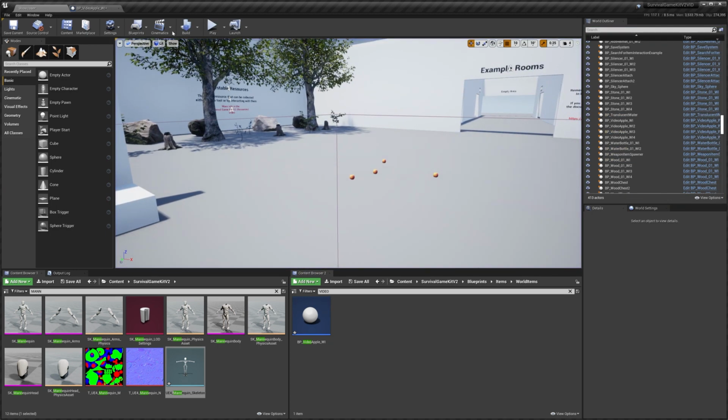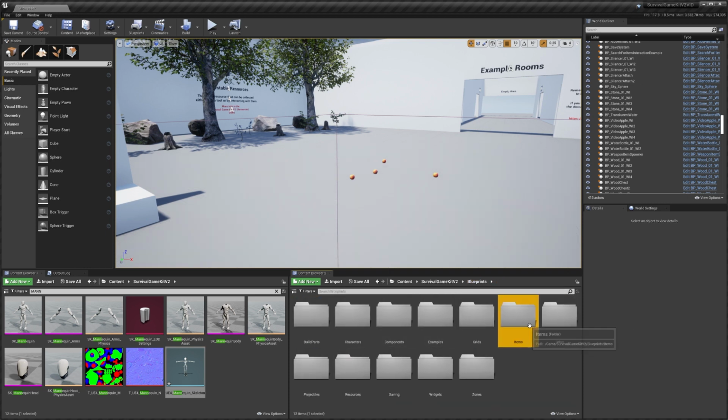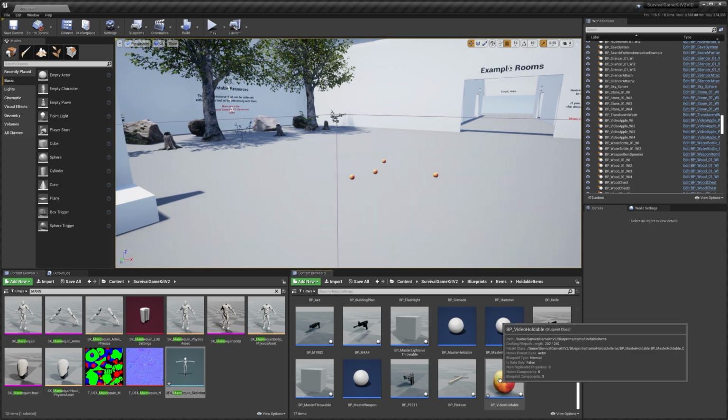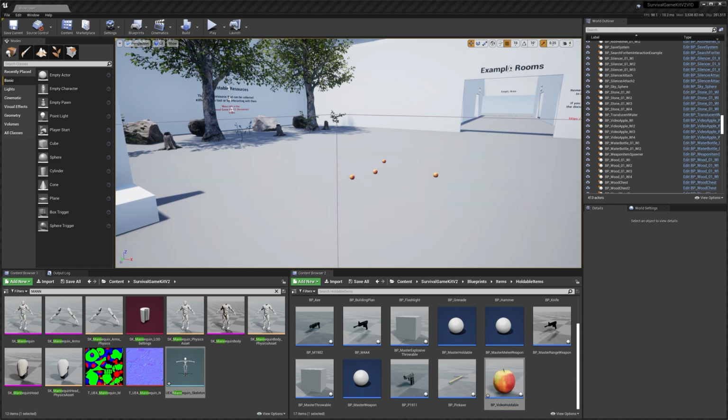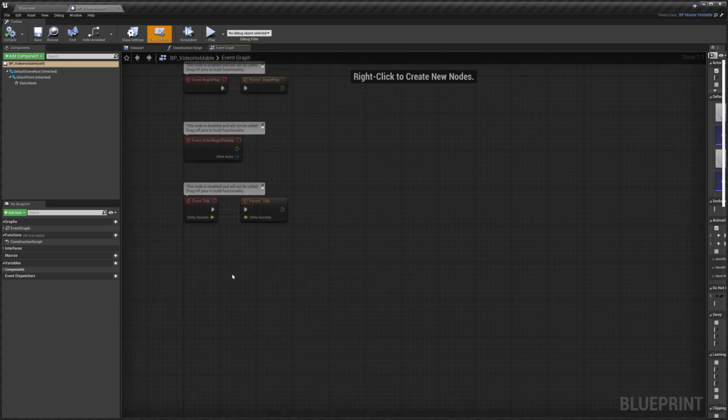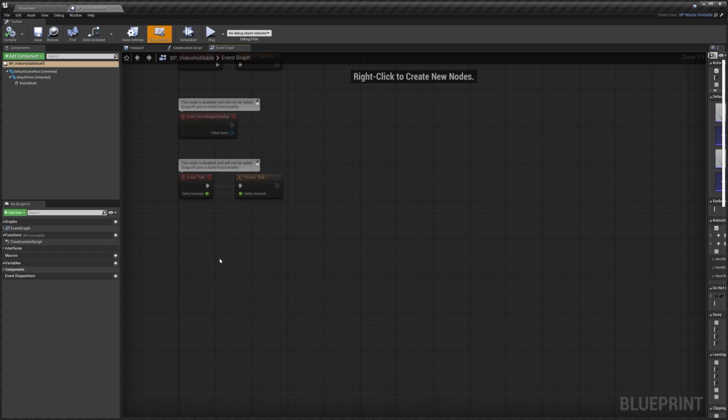So we'll exit out of our game and go to our Apple video. I can't remember what I called it, so I'll just go to the blueprints, items, holdable items, and it's the video holdable. And I'll just bring that over here. So in our event graph, there's a few nodes that we can use to sort of start adding code to